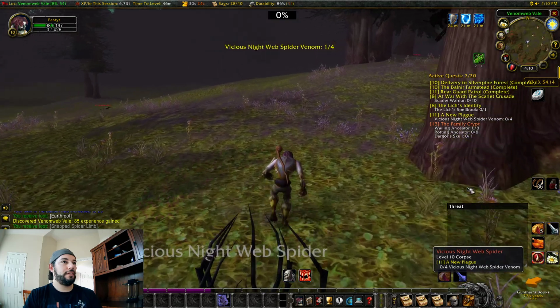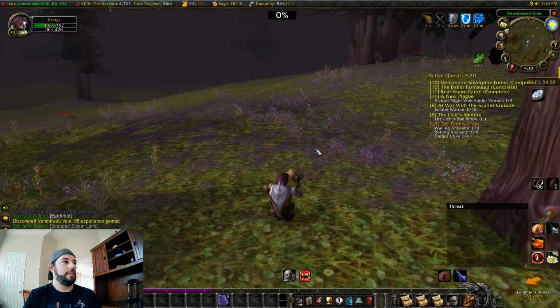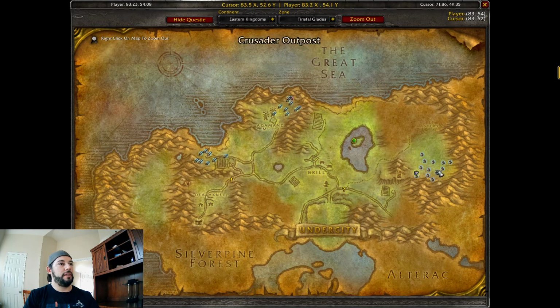Alright. Got one of those. Enemies are getting a little bit more dangerous. But we'll get through it. I only need 3 more, so that's nice. And then we're going to slap by here, get that, and then I'll turn this quest in, and then I'll probably go to Brill to